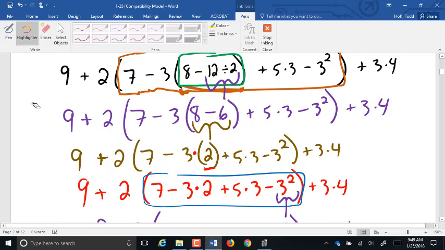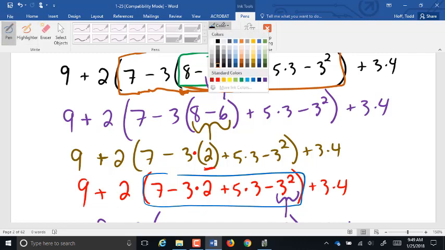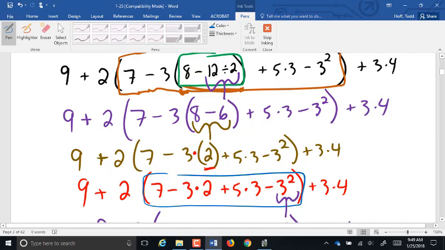We had mentioned yesterday that those levels of priority can either apply to the whole problem or they can apply to an individual number. Now, if you're applying them to the whole problem, they automatically get applied to the individual numbers. But if I were just focusing in on this 2 here,